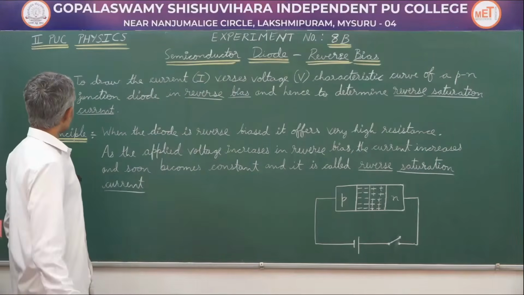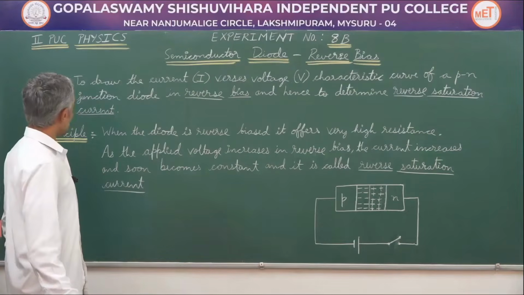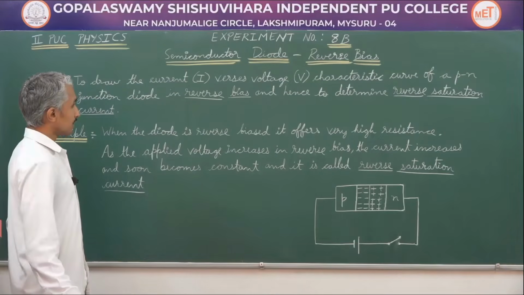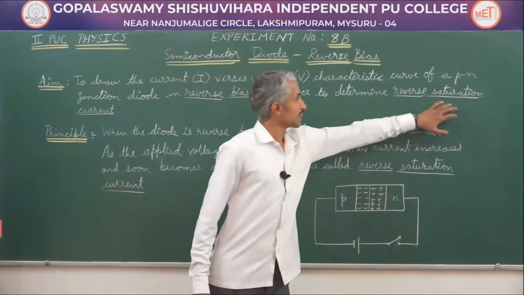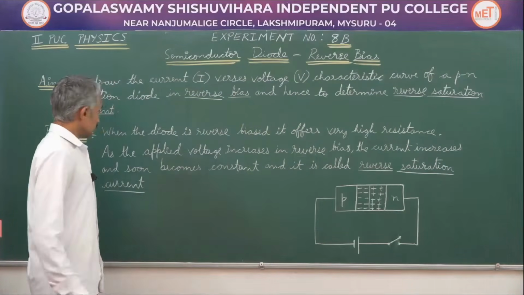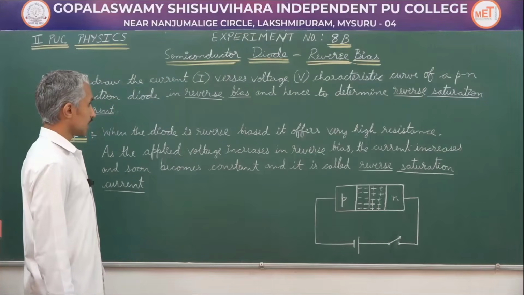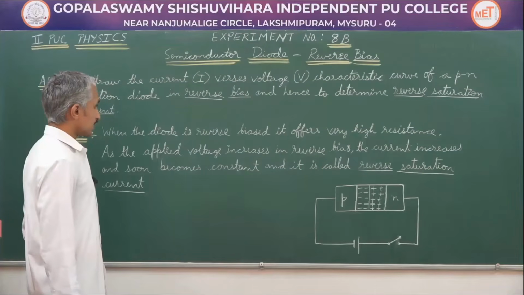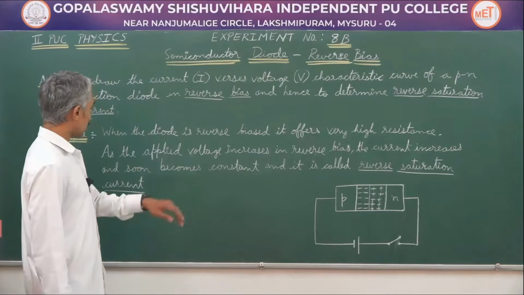The aim of the experiment is to draw the current versus voltage characteristic curve of a PN junction diode in reverse bias and hence to determine reverse saturation current. Today, finally, we will be determining reverse saturation current. We will understand what this is. The principle says when the diode is reverse biased, it offers very high resistance. As the applied voltage increases in reverse bias, the current increases and soon becomes constant, and it is called reverse